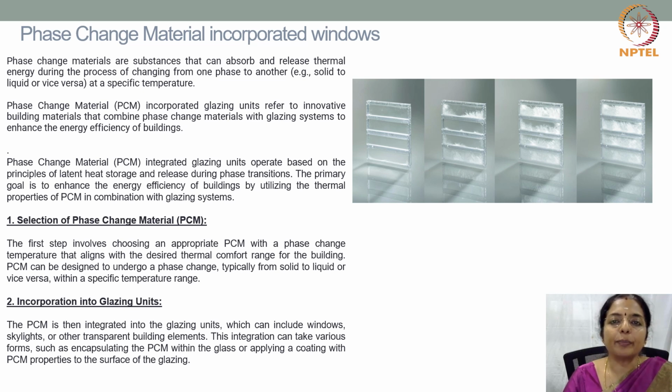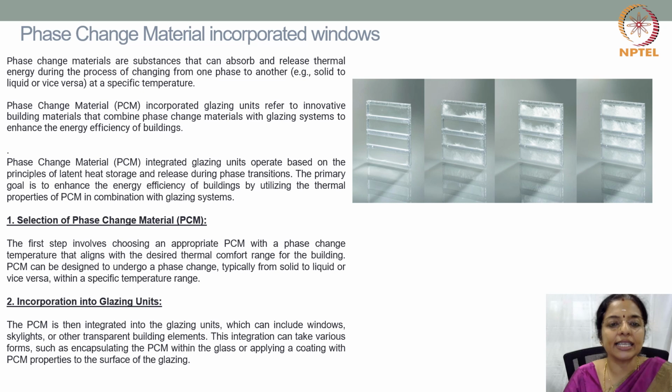Phase change material integrated glazing units operate based on the principles of latent heat storage and release during phase transitions. The primary goal is to enhance the energy efficiency of buildings by utilizing the thermal properties of PCM in combination